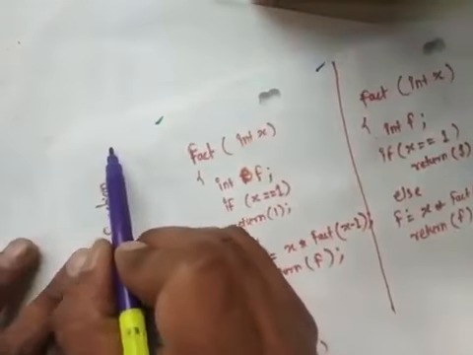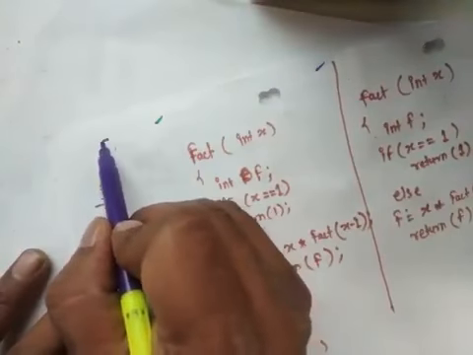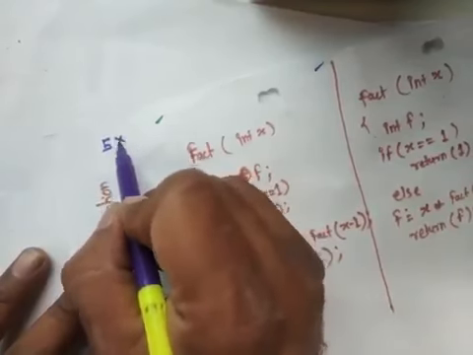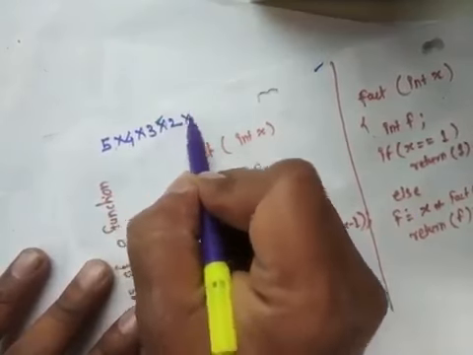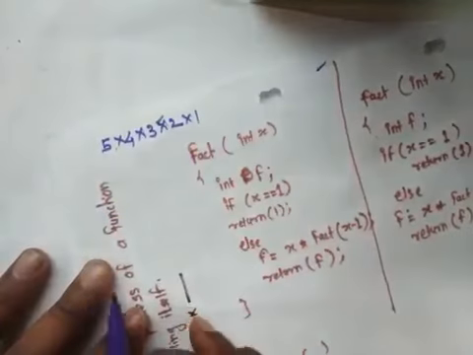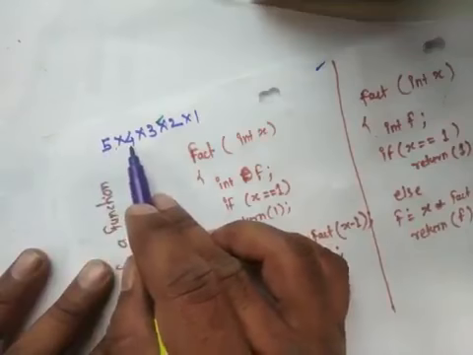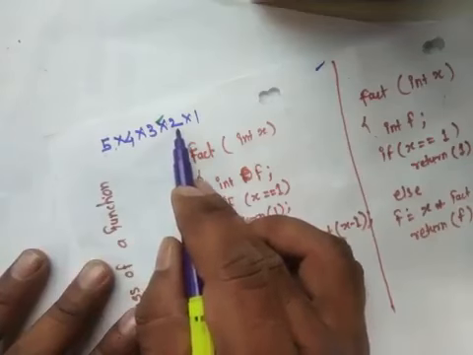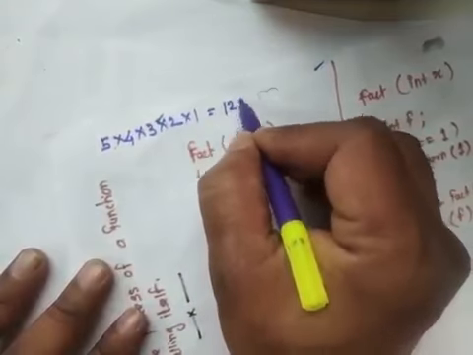So how can we find the factorial of any number? Suppose I want to find the factorial of 5. I am going to decrement this 5 by 1: 4, 3, 2, 1, and multiply by the lesser number. So 5 4s are 20, 20 3s are 60, 60 2s are 120, 120 1s are 120. So what is the factorial of 5? That is 120.